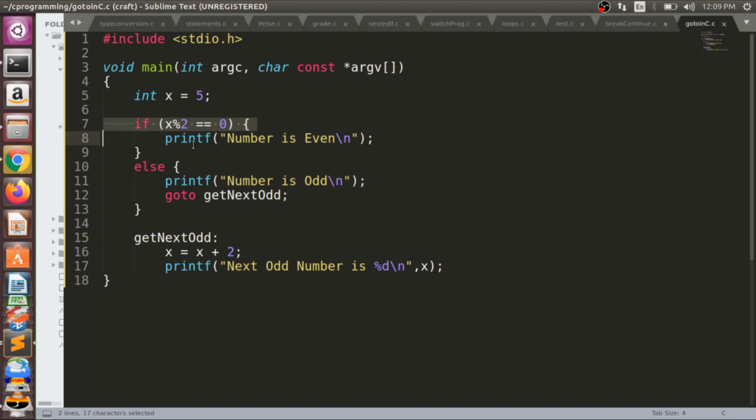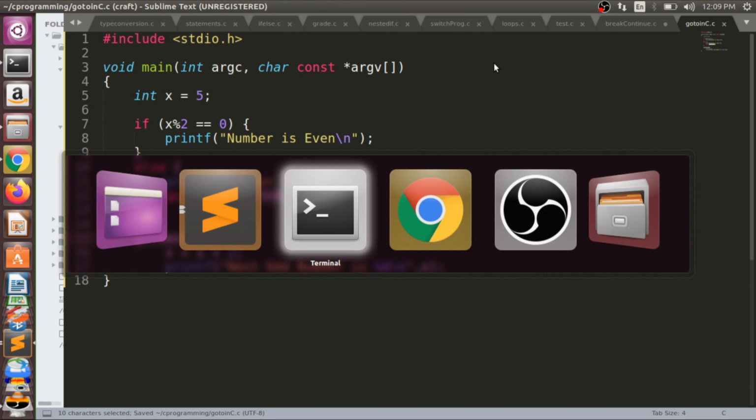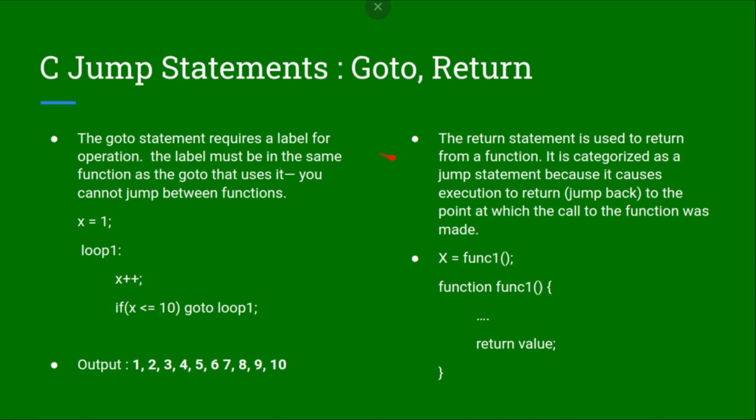So this condition will be false, and we will go to the else: printf number is odd, then go to next odd. From here we will jump to this label and execute this block. So that is the goto statement in C programming. And the next thing is return.